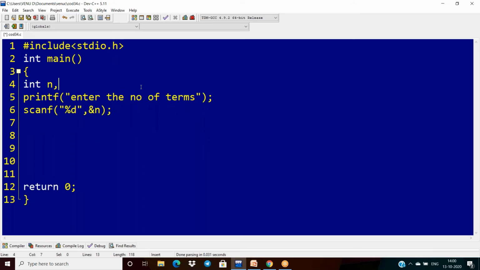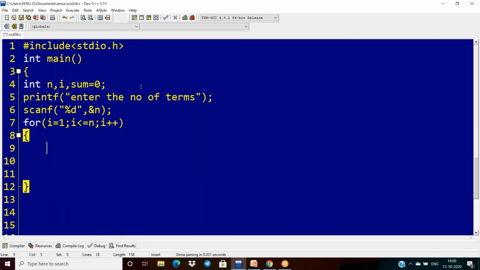Okay, n is your input. Just take it, and here we need sum. That is why I am initializing sum with 0. First of all, I have to take the for loop: i equal to 1, i less than or equal to n, i plus plus. And inside this,